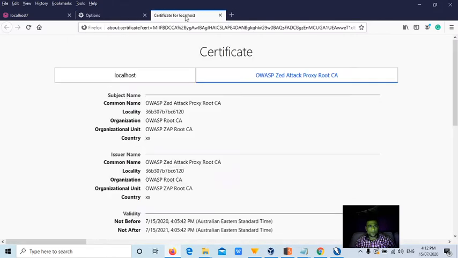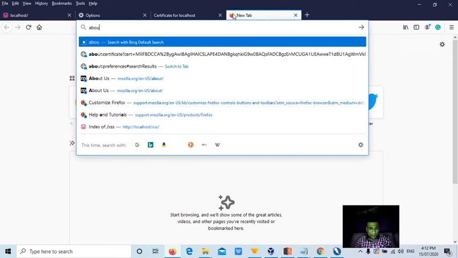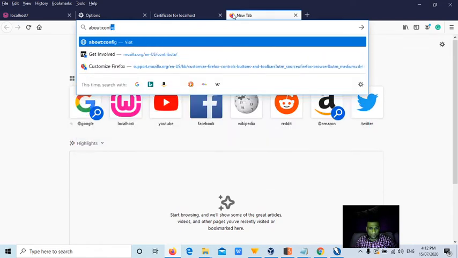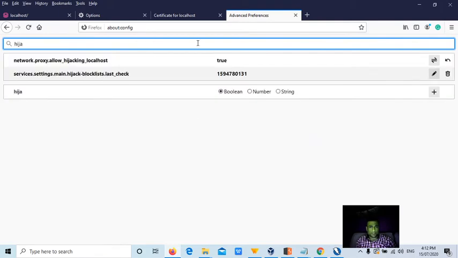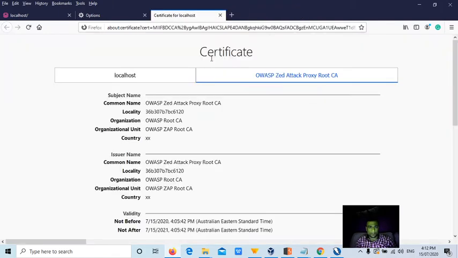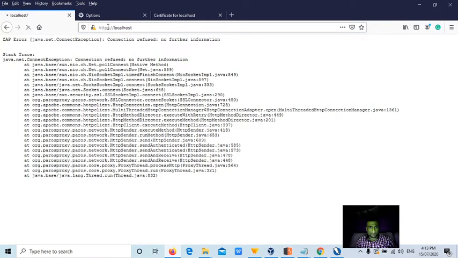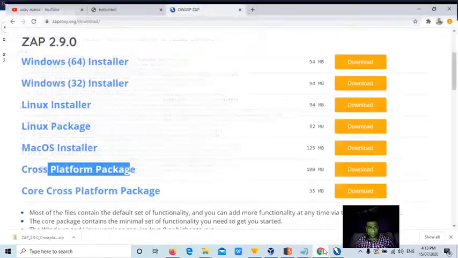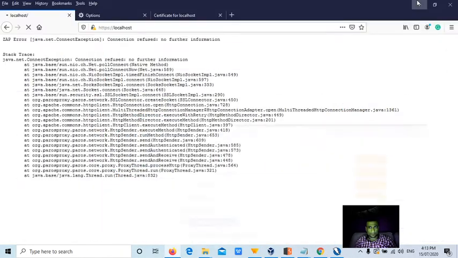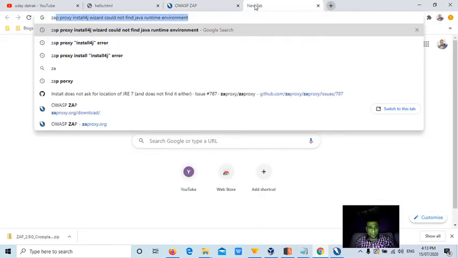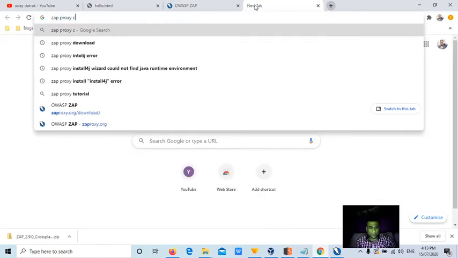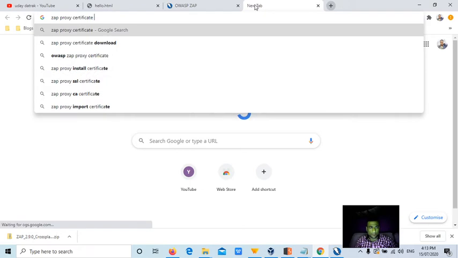We need to go to about:config, I believe, allow man in the middle hijacking. We set the hijacking port to true itself. ZAP proxy certificate install.